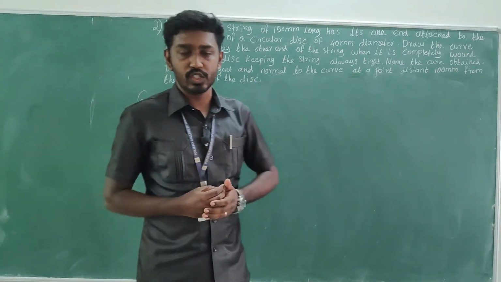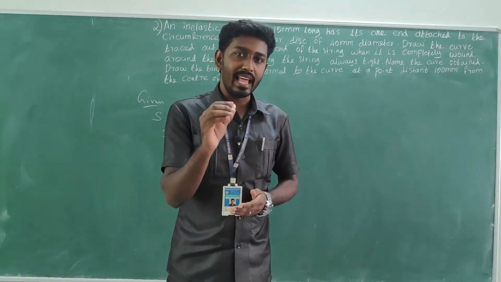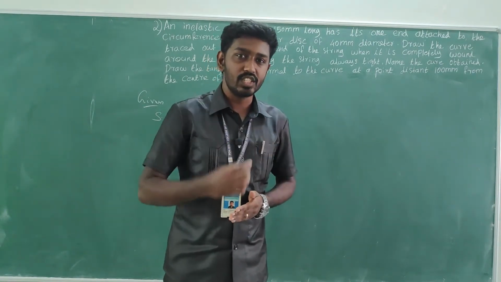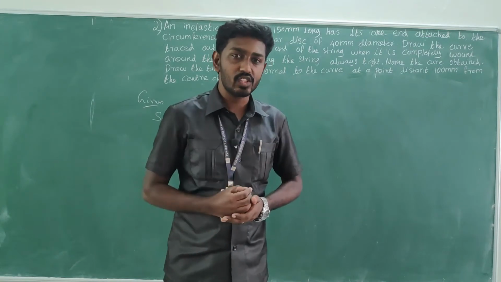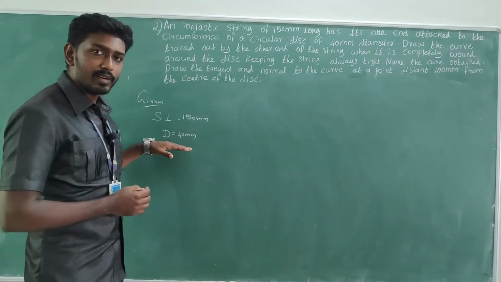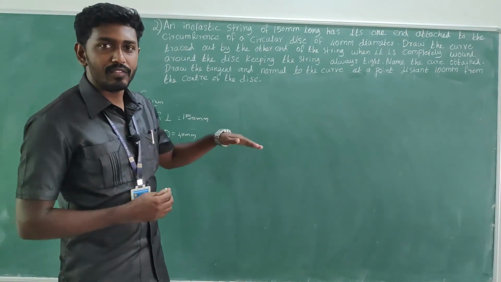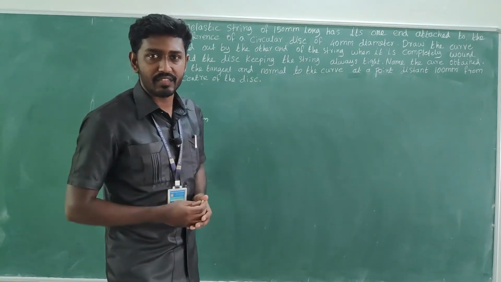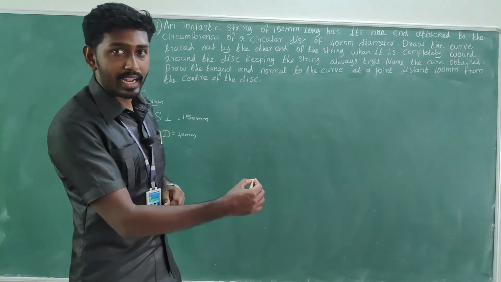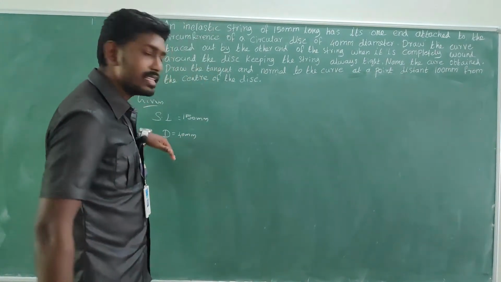When you compare with the last question, there it was mentioned to draw the involute for one complete revolution, or 360 degrees. But here the string length is given. So let me check whether the string length is equal to the circumferential length, or whether it exceeds the circumferential length. Before, with one turn, we took the string length just equal to the circumferential length. Let me check what is happening here.